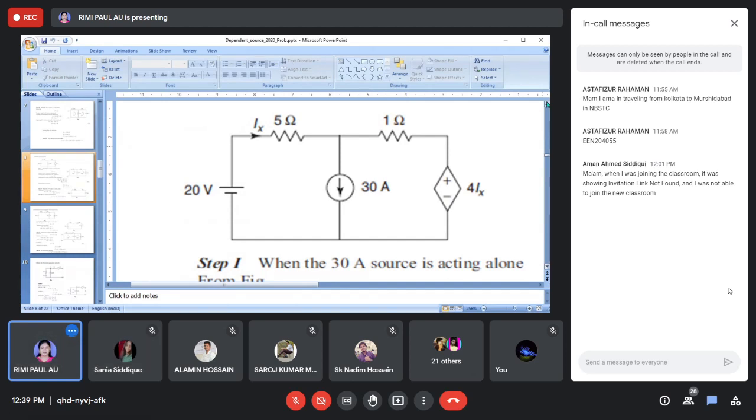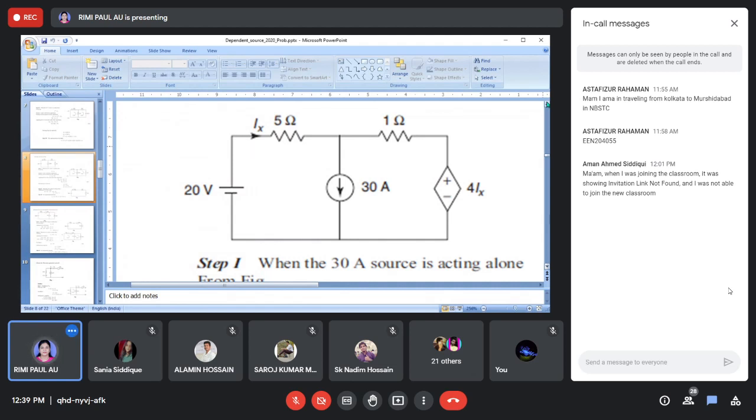So those are from Bihar and Kulti, Bangladesh. They will give me one solution, that means Ix double prime, and zone 1 you will tell me Ix prime, and your time is 10 minutes to solve this problem. Is it clear? Zone 1 and zone 3, no one is responding. I don't know why. Yes, ma'am. Clear. Okay, so solve Ix prime for zone 1 and Ix double prime for zone 3.